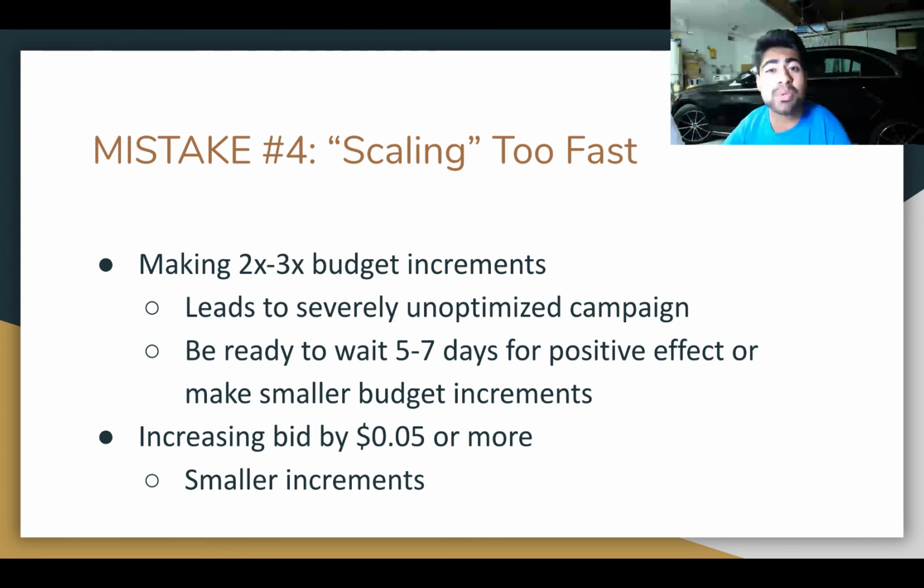Instead, what you should be doing is making 20% increments. So what I mean by this is, let's say you have a campaign running really well at $100 per day. Increase the budget of that campaign by 20% or $20. So now you would increase it to $120. And then at $120, if it starts performing well, increase it by 20% again. Even though these are small changes and you have to wait 5 to 7 days to make them, in the long run, you'll make tons and tons of more profit than you would becoming greedy like I did.